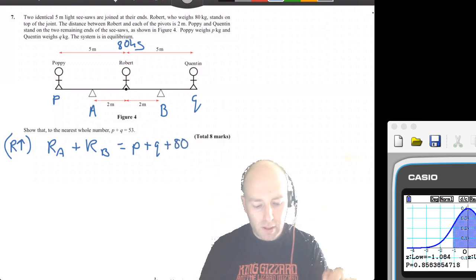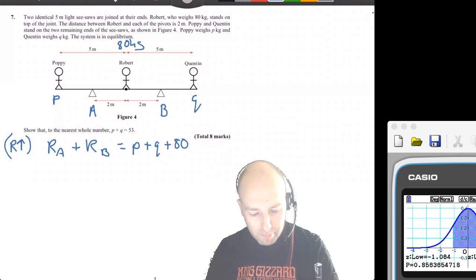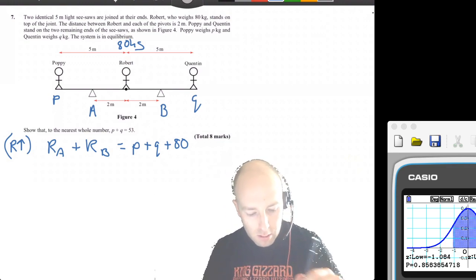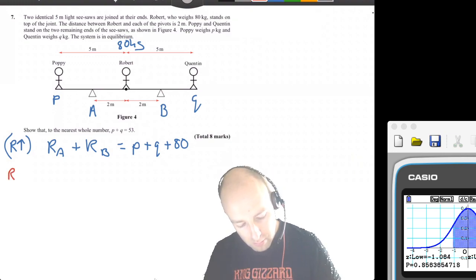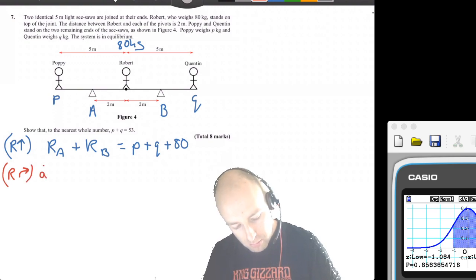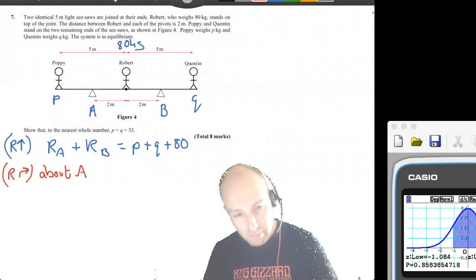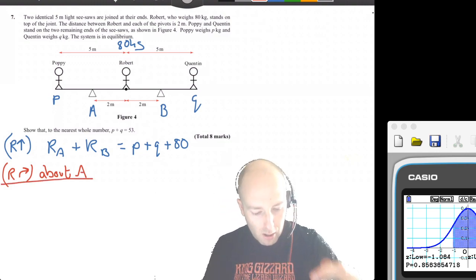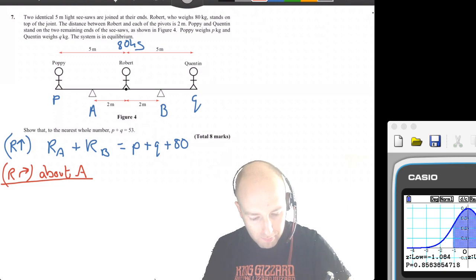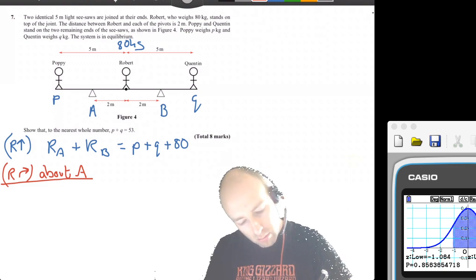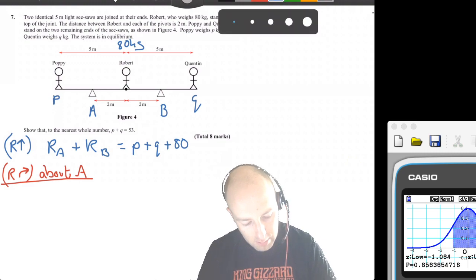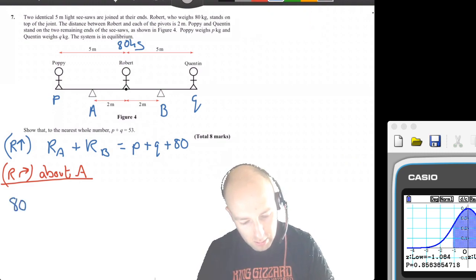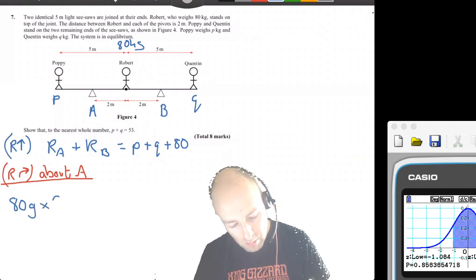So by my reckoning, if we can find the reaction at A and the reaction at B, we can then get to the equation they want us to get to. So if we resolve about A to start with, so if we resolve clockwise about A, we're going to get Robert's weight of 80G times by 2 minus,